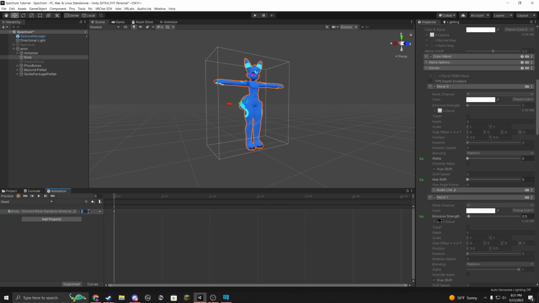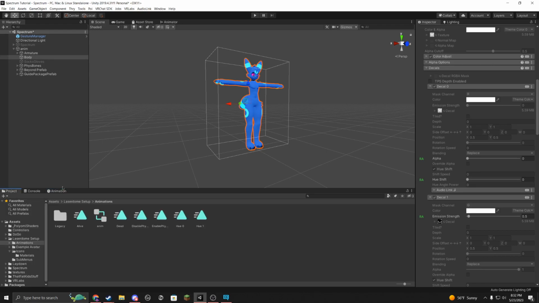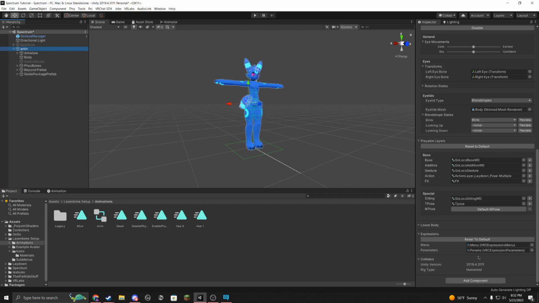You want to do some trial and error to figure out what works best, what looks best, depending on how your avatar is set up. So you want to make sure you have a good distinction between alive and dead so people know whether or not you're able to be shot. Now that we have that set up, we're almost done. Just head back into your FX controller,